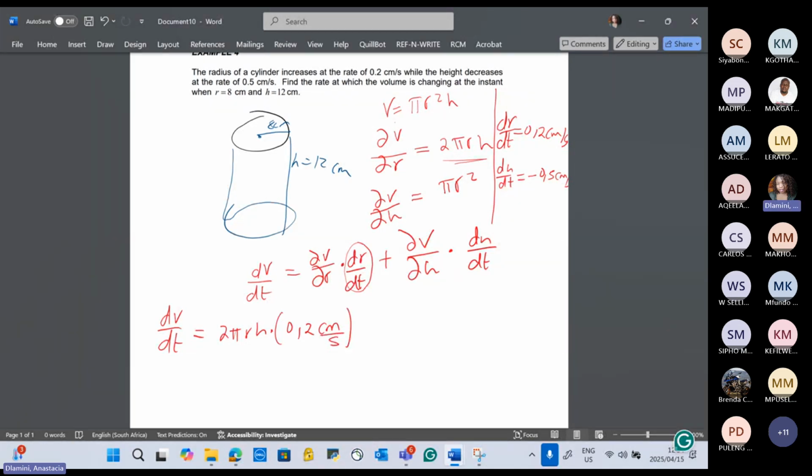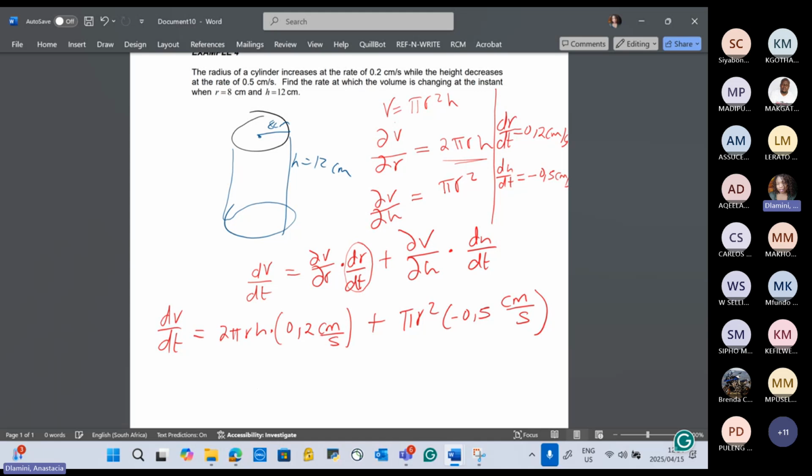Me, I like doing it like this, guys. I'm not an engineer. You can write it with units because you know the answers, or you can just write the units inside. Is that okay? Yes, ma'am. Whichever is suitable, it's fine. So this is minus 0.5 centimeter per second.